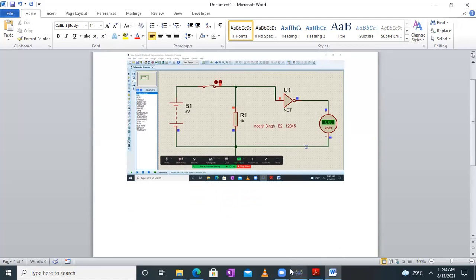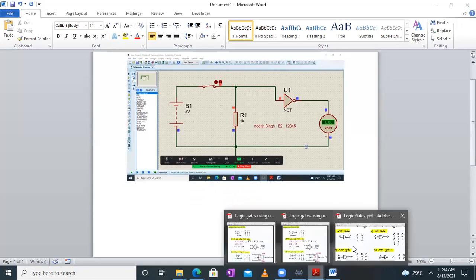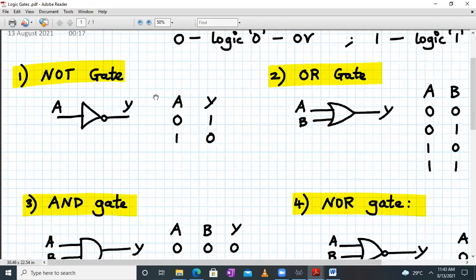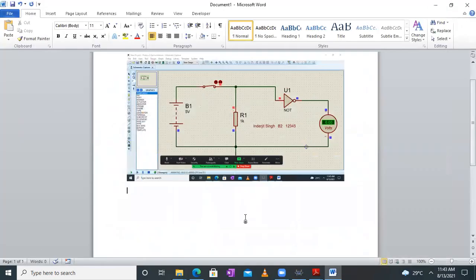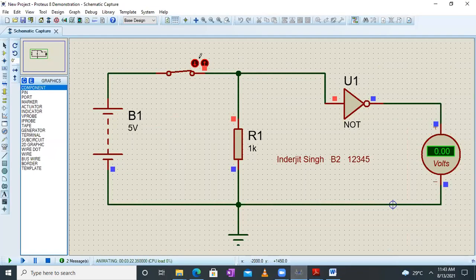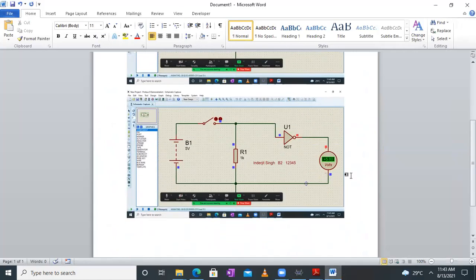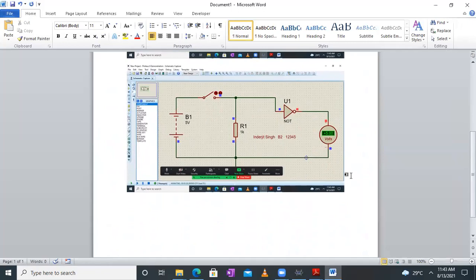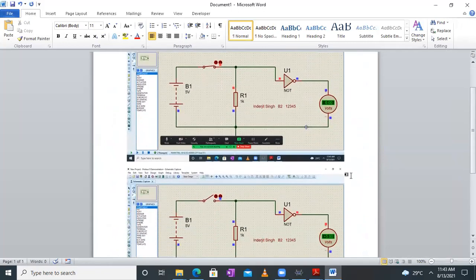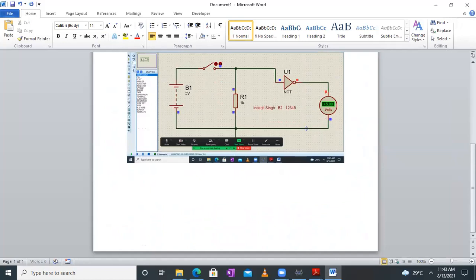And while viewing the simulation for the logic gates, at least show us two states, at least two print screens for a single gate. For example, when the output is 1 and the output is 0. In a NOT gate, both are the cases. So I can go to this and open the switch, and I can take this print screen also. It's mandatory that for a single gate, you at least show the logic 1 state and the logic 0 state at the output. Fine. This way you can add your print screens, and later attach them in your lab write-up.